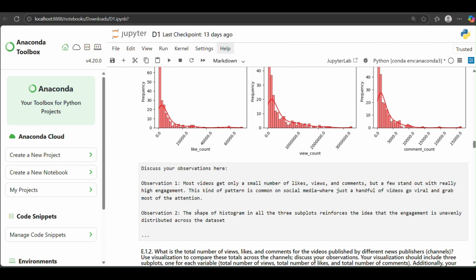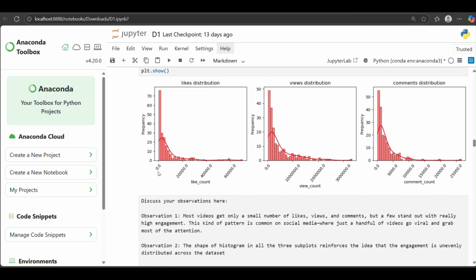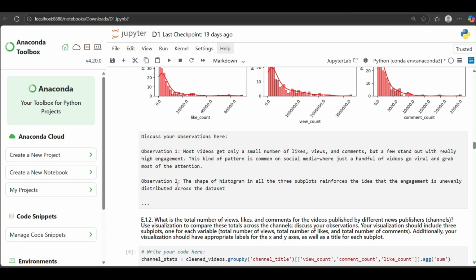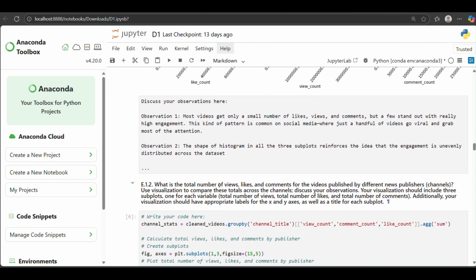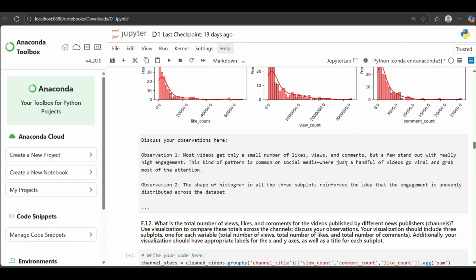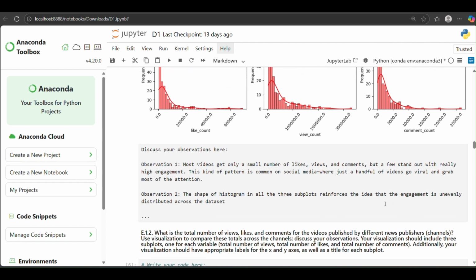As we can see in these subplots, the left-hand side, where the like count is the least, shows the highest frequency, and the same goes for views distribution and comments distribution. Apart from that, the shape of the histogram in all three subplots reinforces the idea that the engagement is unevenly distributed across the dataset.